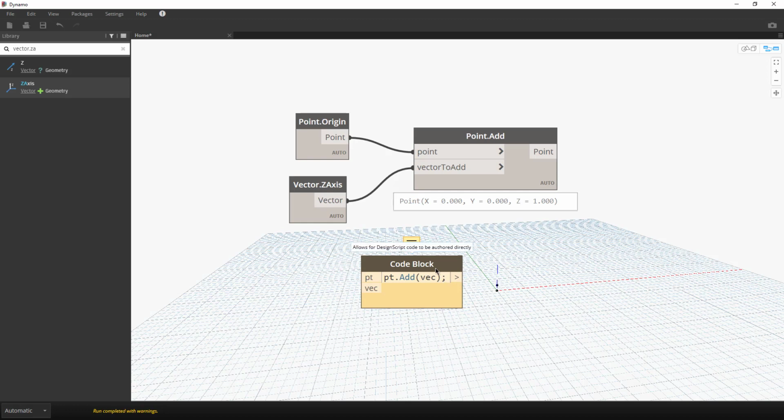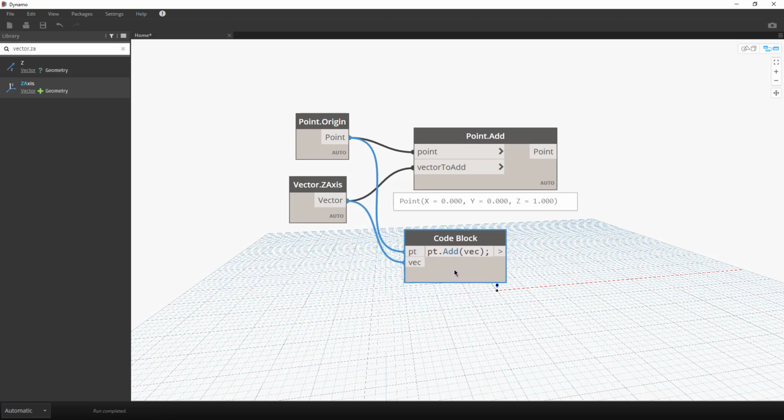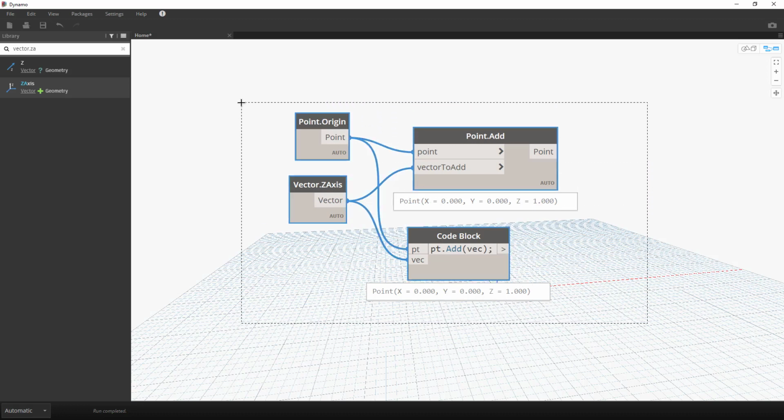In our case, we received two input ports on this code block that we can now use. The first input port takes a point element, so we can connect that into our point. The second input port would be for our vector, and we'll use that vector as well. With these inputs fulfilled, we can hover and pin the preview and notice that the results are the same as the node-based version above. Once again, I'm going to clear my workspace by selecting all of the nodes and pressing